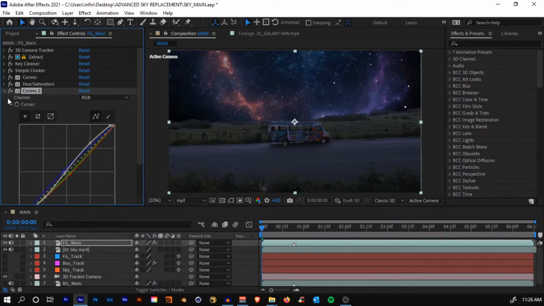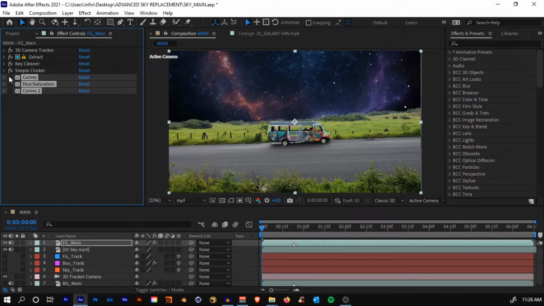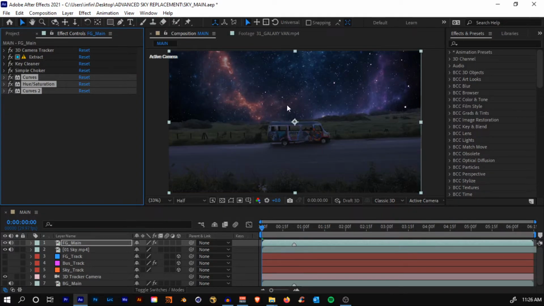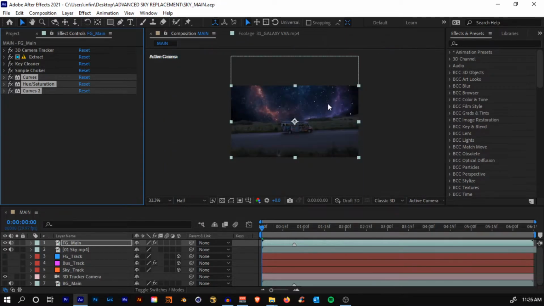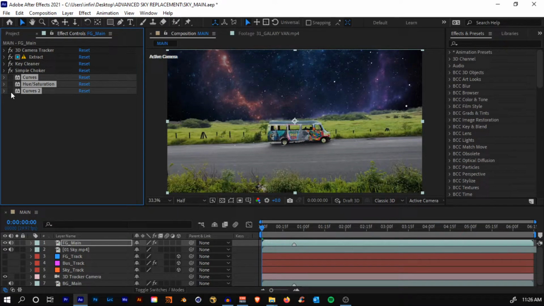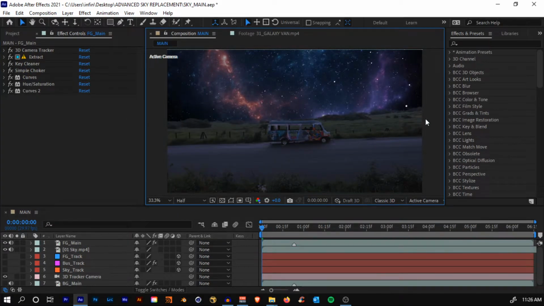Yeah, I think this should do. So before and after. See, by just color grading and color matching, it made such a huge difference.